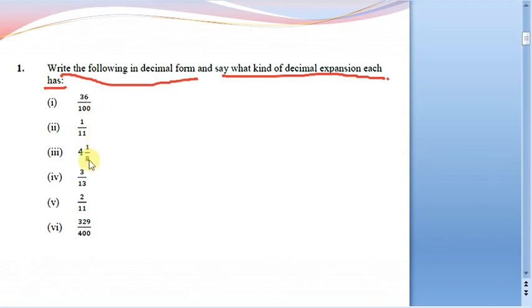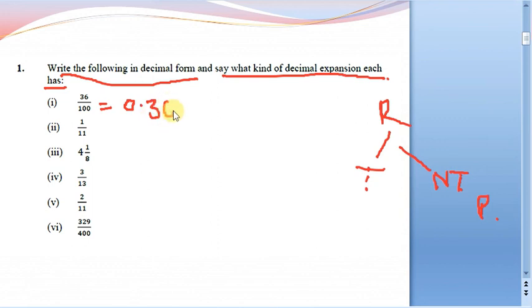Why? Because everything given to you is going to be rational. So rational will have only two possibilities, either it has to terminate or it has to be non-terminating repeating. So these are the two chances. So let us find the first one, 36 by 100. Clearly in the denominator there are only zeros followed by 1, so directly we can do it as 0.36.